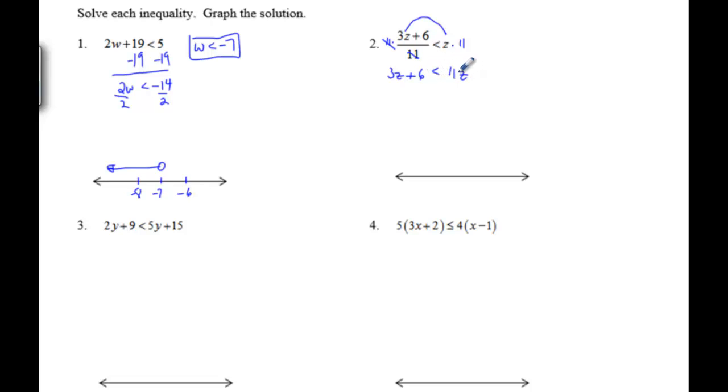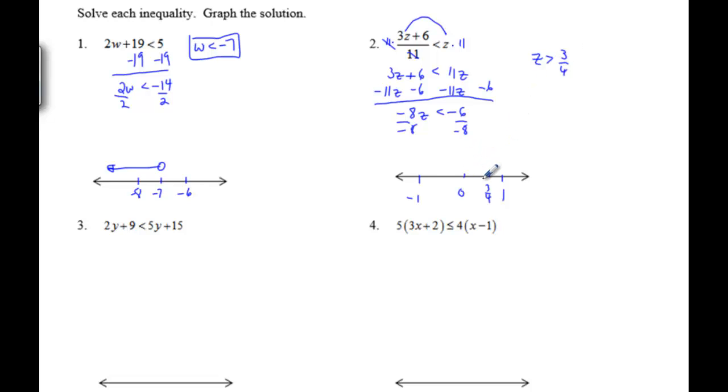Let's keep with the rules that we were doing, and we'll subtract 11z over to the left. And if I minus the 6 over here, we're going to get -8z is less than -6. If we divide by -8, when you divide by -8, we need to remember to switch the inequality. So we're going to get z, and now it is greater than 6/8 is